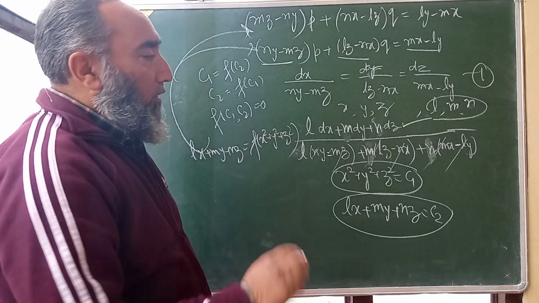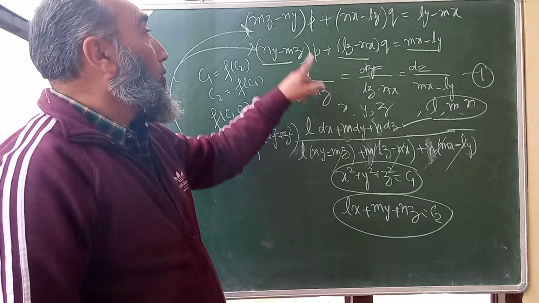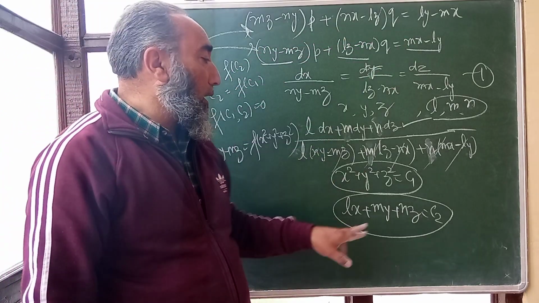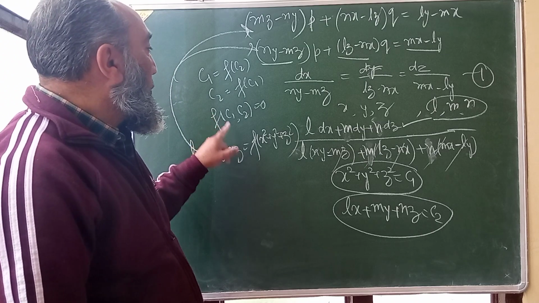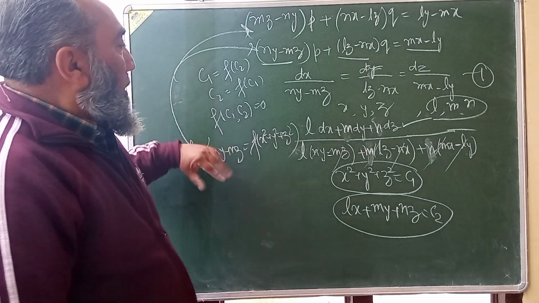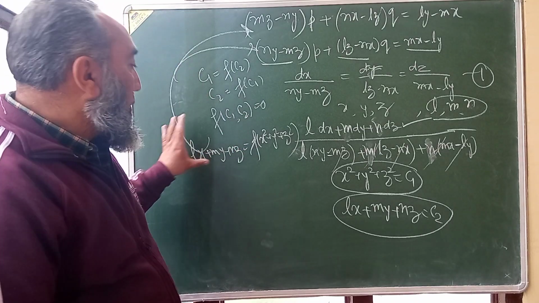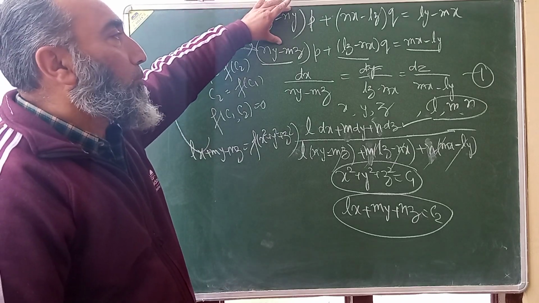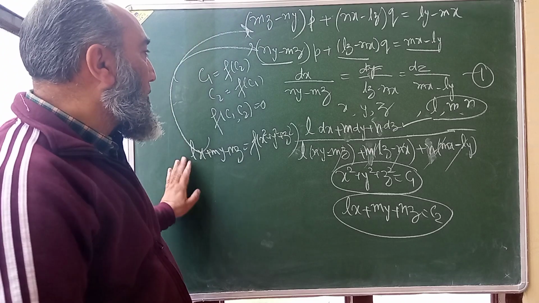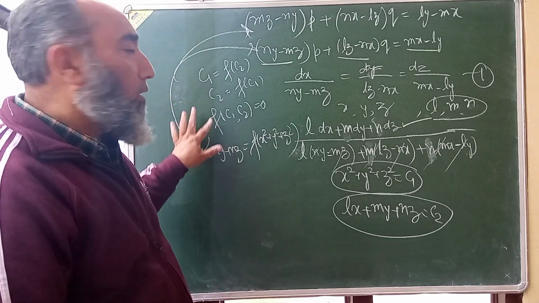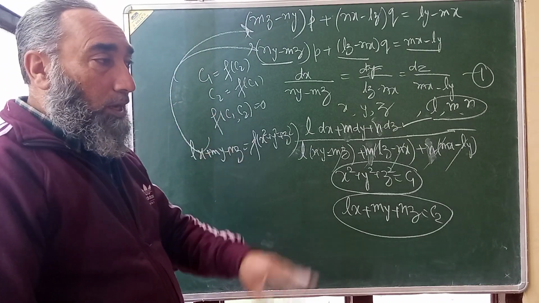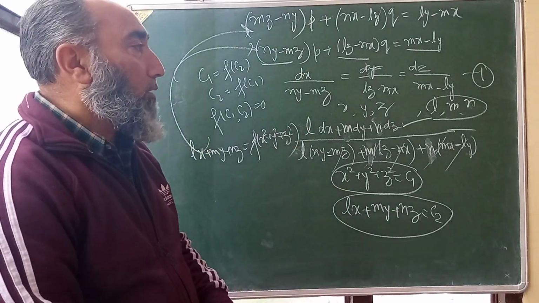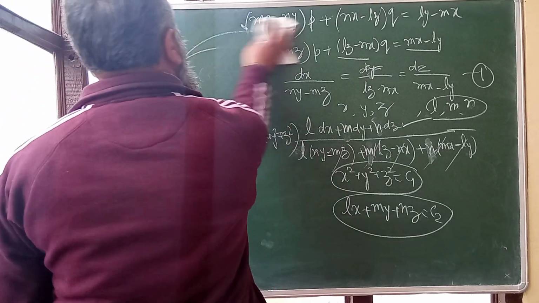So in each case, whenever this is Pp plus Qq equal to R and the solution is of this type, you know both ways. If you have a function of this type, the solution is of this type, and if you have Pp plus Qq equal to R, you have a solution of this type, whether this or this. Okay, this is very important. I'll be using it in my future lectures also. Next,